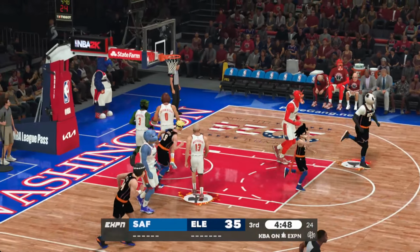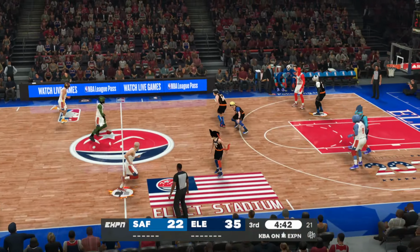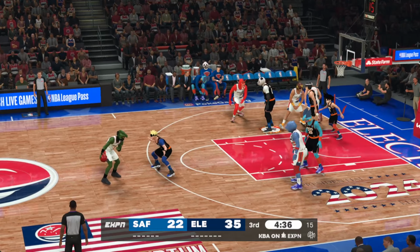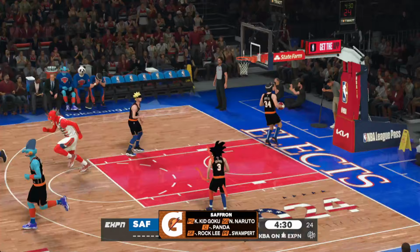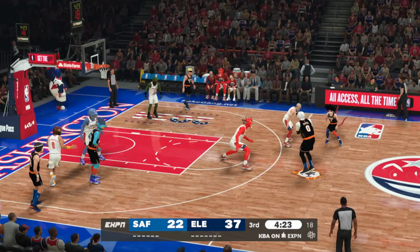Takes it into the teeth of the D and converts the layup. 6 points for him. And that's an example of playing big, adapting to the situation. Tip of the cap there. I mean, that defense was good. The finish was better. And for the Knicks, lots of room. Another one falls for Washington. The Knicks shooting well. They're at 45%. And for the Wizards,